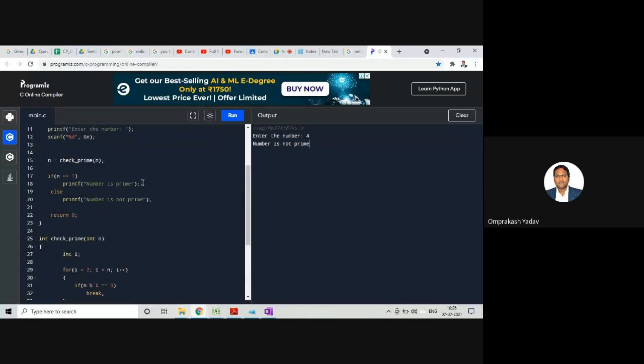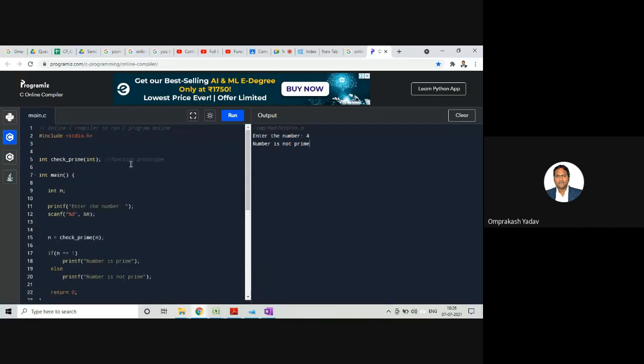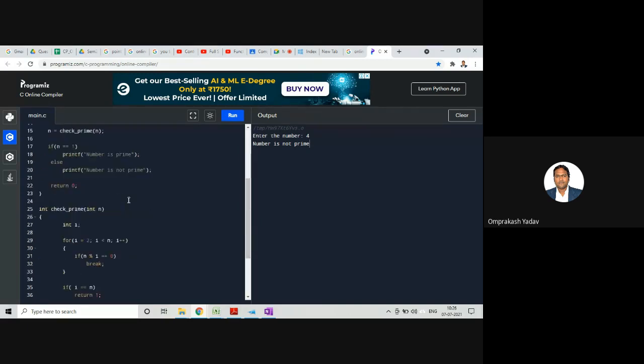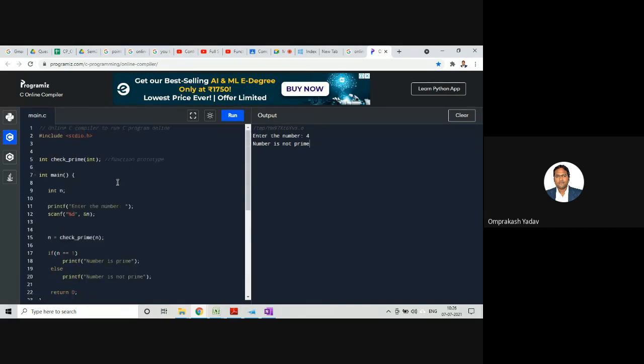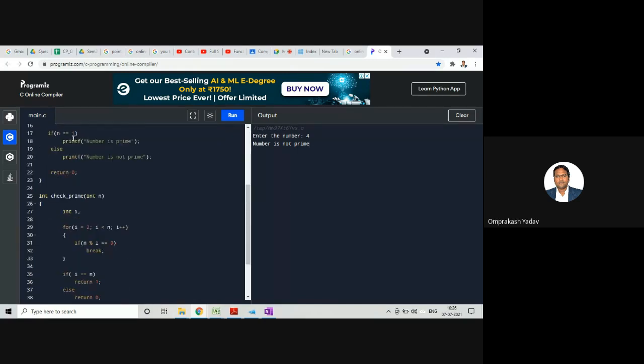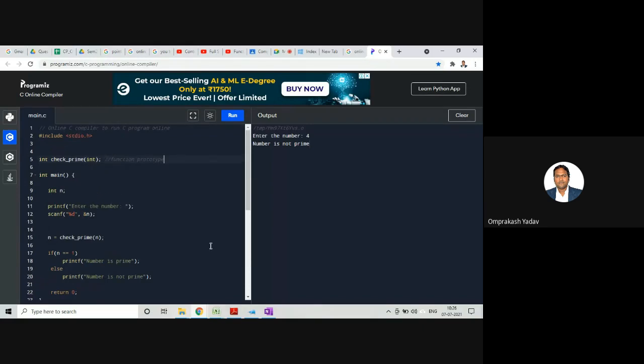In this way we can write the function program, right? And it's an easy task. I have written the function prototype because the function name I have written after the main. Okay. Is there any doubt in this particular program? So you can ask me.